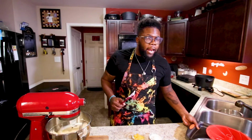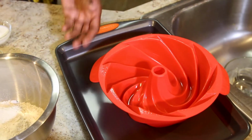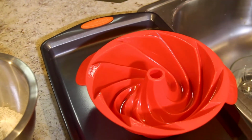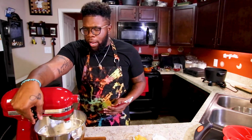And this is the bundt pan that I'm going to be using. I've already sprayed it. For those who like to do the pan spray and the flour, feel free to do so. But this is a nice silicone baking pan as well, so once it bakes, it easily releases. But I still give just a little bit of pan spray just to make sure that I'm good on it,